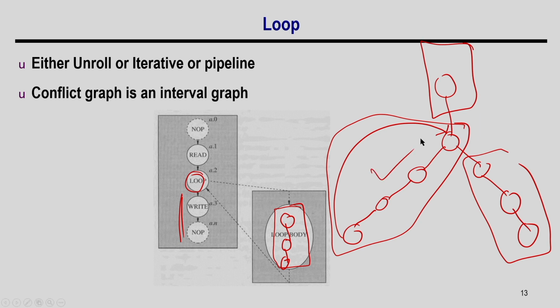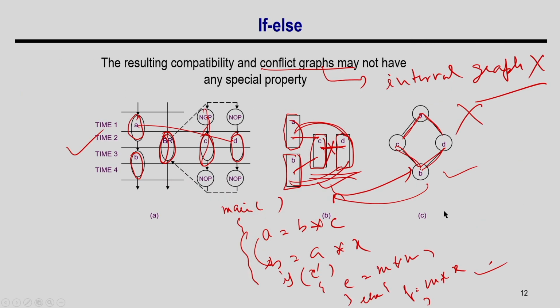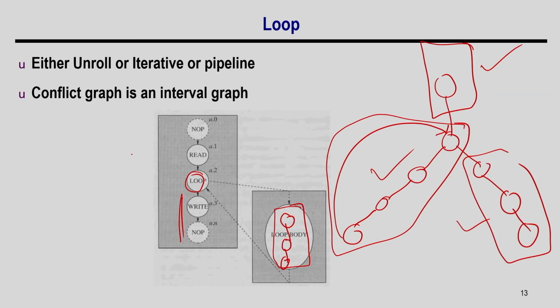whatever the previous part is, it has to be done, and only then will the loop start. What I am trying to say is that this loop body has no overlap with the operations previous to it and the operations that are scheduled later, which was not the case for if-else, because in if-else they may be independent and they actually have overlapping. So, I can put them here. So, the loop we usually treat as a separate entity, and hence there is no overlap of this operation with this part and this part.